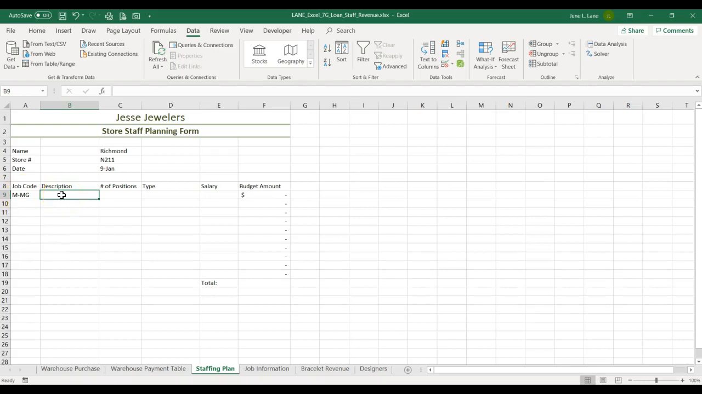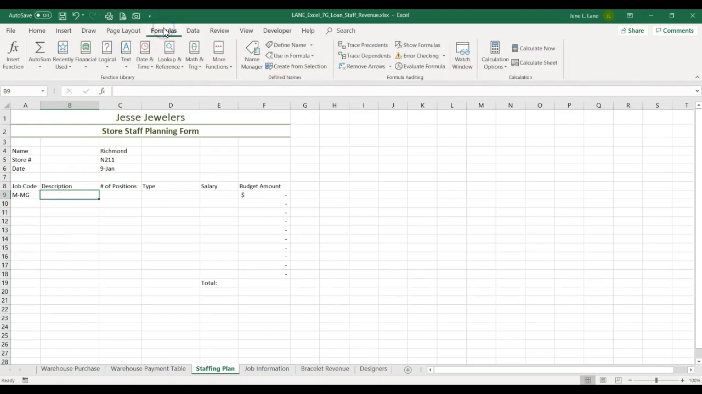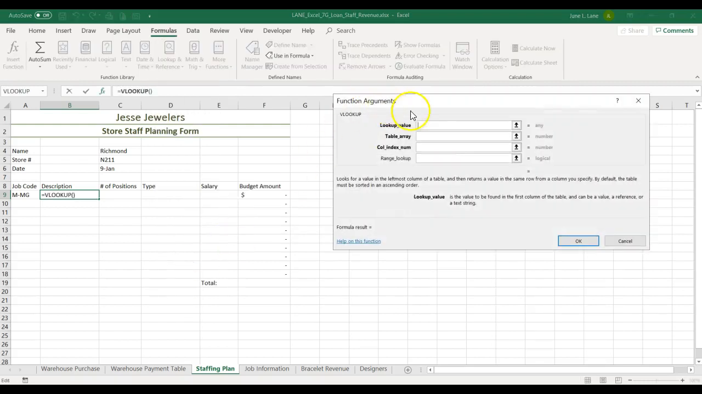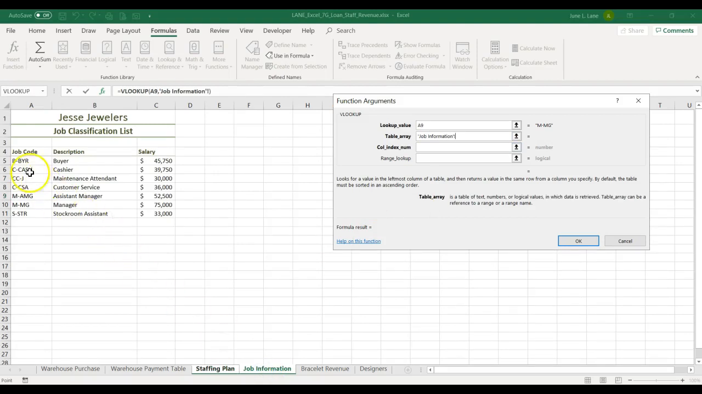So in my description, I want to go back up to my formula, and a VLOOKUP is a lookup and reference function. So from this lookup and reference option, I want to find my VLOOKUP. The lookup value that is going to be displayed in cell B9 is, we are looking up M-MG, which is the cell reference of A9, and the table array is found on my job information worksheet,